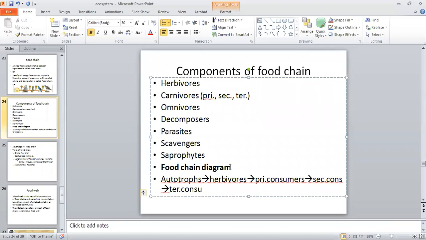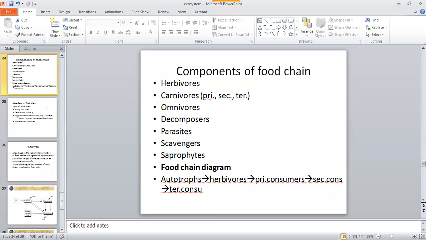These all are connected with the help of arrows. So a food chain is always drawn like this, that different arrows are connecting the organisms. It will lead from the organism which is being eaten to the organism which is eating it. And usually the decomposers are not shown to be part of the food chain. So the decomposers are not included usually when you draw a diagram for the food chain.